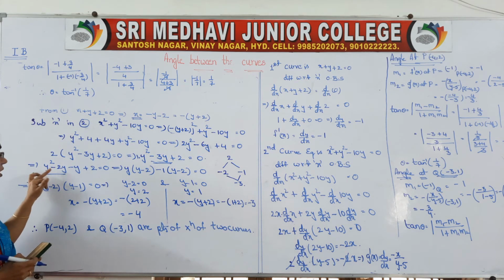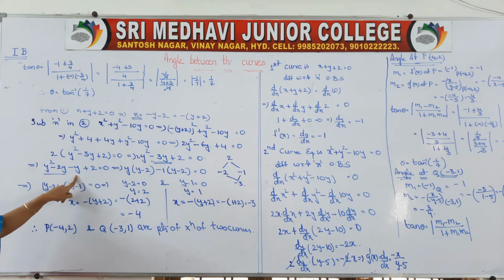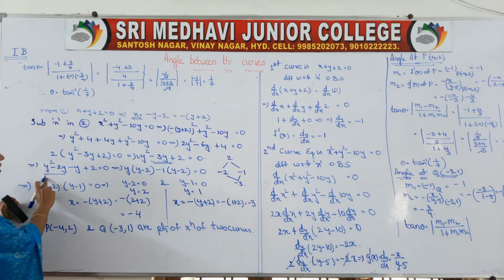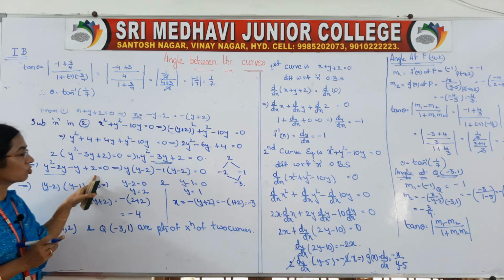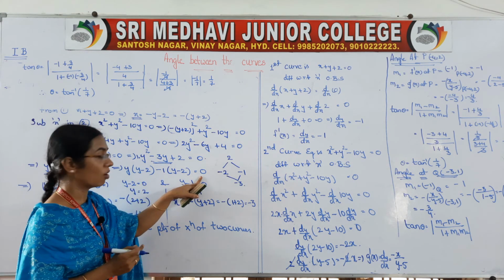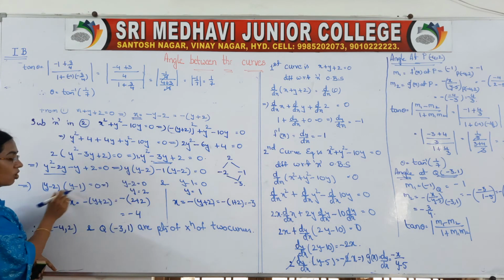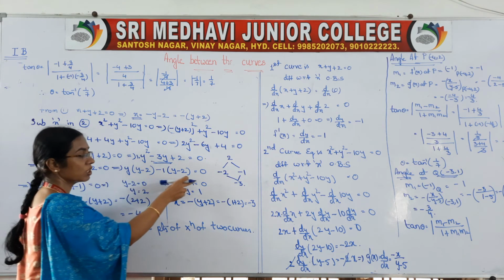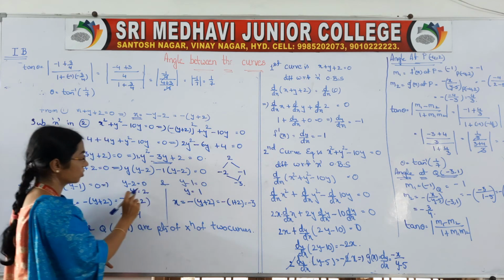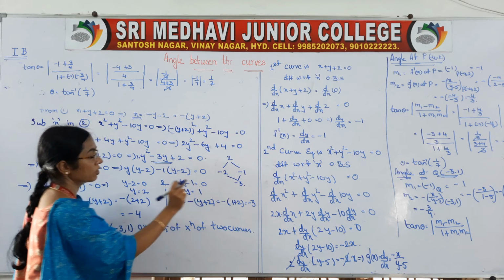Okay, so instead of that minus 3y, we can take minus 2y minus y. From these two you take y common, and from these two you can take minus 1 common. Then we get two equations. Y minus 2 is common, so y minus 1 is equal to 0, y minus 2 is equal to 0. With that you got two y values, y is equal to 2, y is equal to 1.